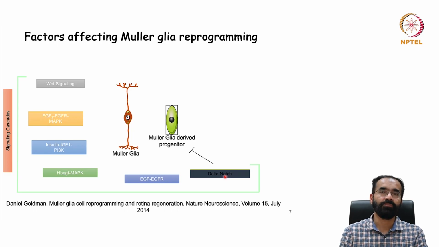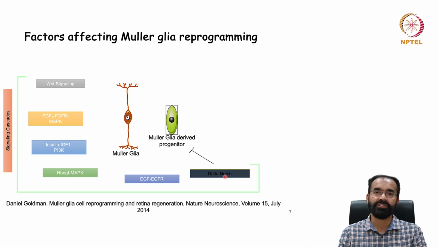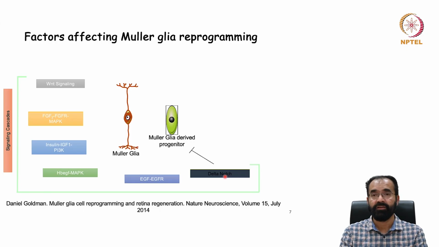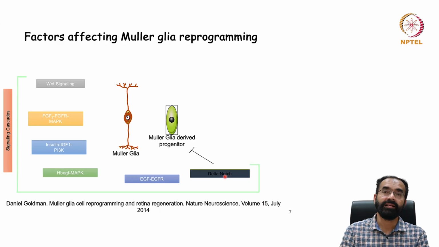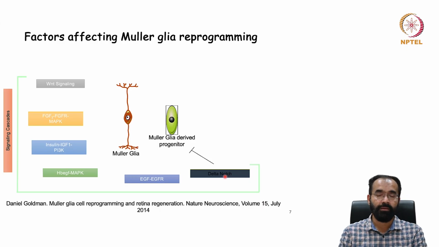So the dog can move as long as the length of the leash allows, that much around. If the leash length is 1 meter, the dog can move around a 1 square meter area. If it is 5 meters, it can go in a 5 square meter area. The same logic applies. Delta-Notch signaling is not inhibiting reprogramming, but it restricts the zone in which the reprogramming or